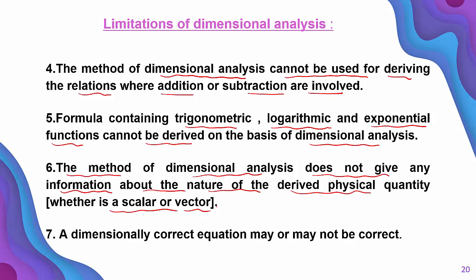Scalar is a quantity which has only magnitude but no direction. For example, time. Time is a scalar quantity. What is the time now? I can say it is 10:30 a.m. So this has only a number. Does it have any direction? Is there any particular direction for time? No. So that's why it is a scalar quantity.